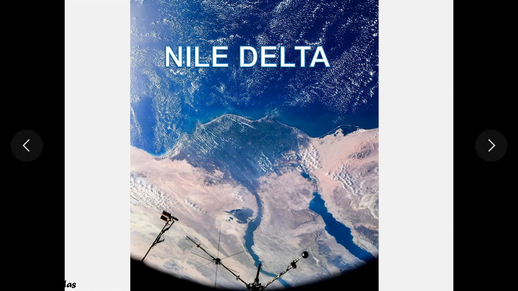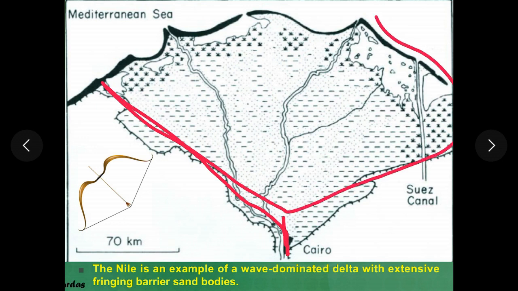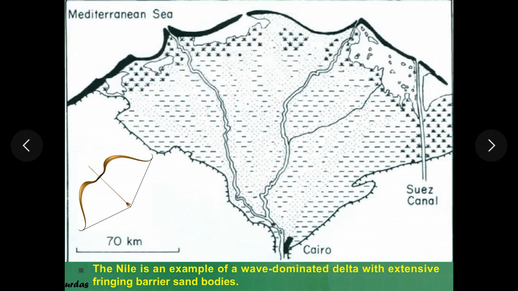Now here in this diagram you can see the diagrammatic representation of Nile Delta. This is the Nile River entering into the Mediterranean Sea to form this arcuate shaped delta. Now arcuate shape is nothing but the shape of a bow. You can see here, it looks like a bow, therefore it is called as arcuate shape. So this is the coastline which has taken a smooth arcuate shape because of the action of waves. How does that happen? That we will see later.